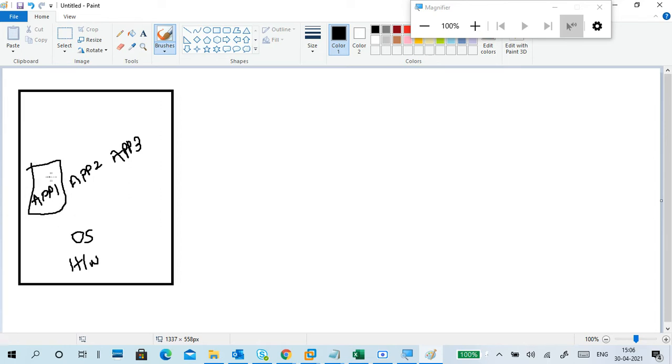We are creating virtual machines to do it, right? So here we created virtual machines, VM1, VM2, VM3, like that. We create a virtual machine to run different applications or the same application in different machines.